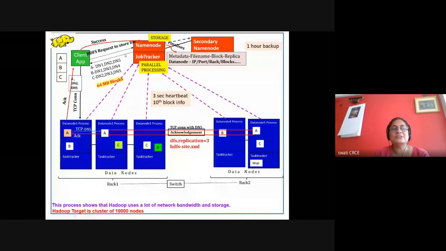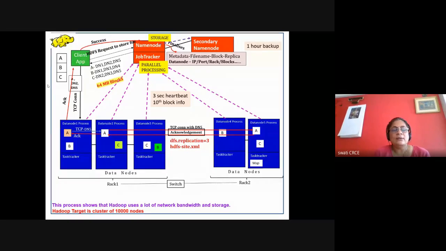We'll see now how the computation is performed, because the client is going to write the program. Now the MapReduce part is there, and the client is going to write the program in the form of a Java file or Python file. He has to write a mapper function, a reducer function and a main program. The program he is writing is called a job.